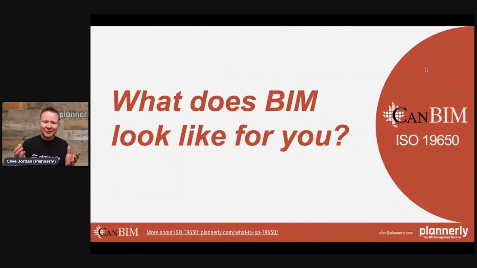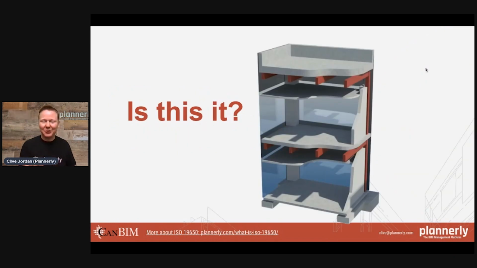But the first question we ask is, what does BIM look like for you? So for you specifically, what does BIM look like? It's an interesting question. Does it look like this? There's walls and floors and ceilings, beams, columns, foundations. Maybe this is what BIM looks like for you.